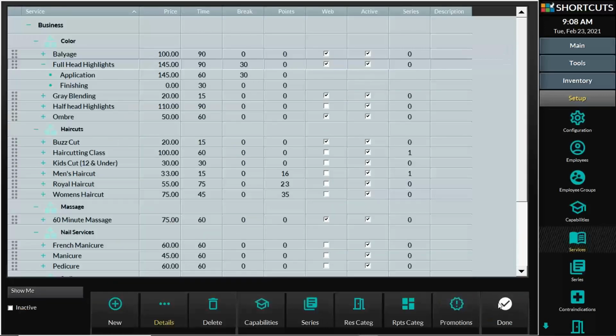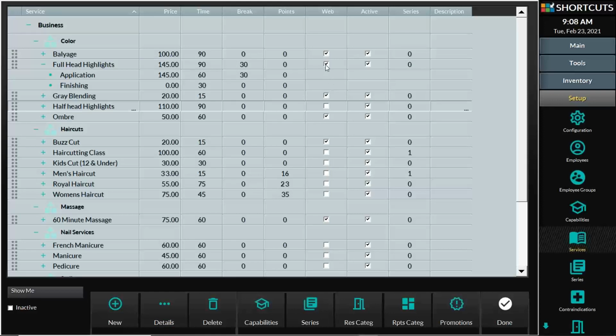So make sure that your business hours are up to date and that you've selected which services you're going to allow to be booked online. Now, if you have a salon, and of course, anybody that has done hair before can tell you that whenever you have customers, no two heads of hair are the same. So when you're dealing with color, the length of the hair, the thickness of the hair, there's a number of things that determine how much product you're going to use and how much time they're going to spend in the